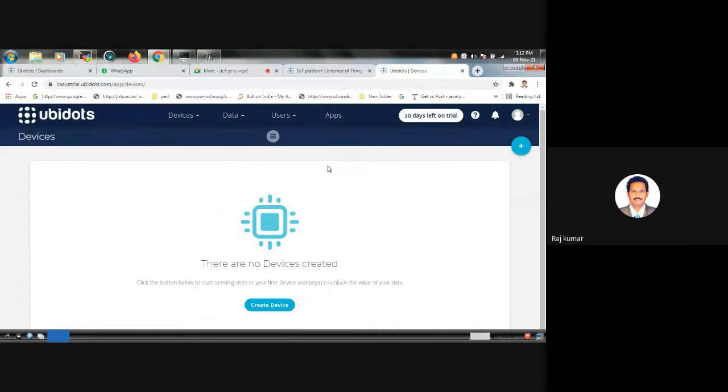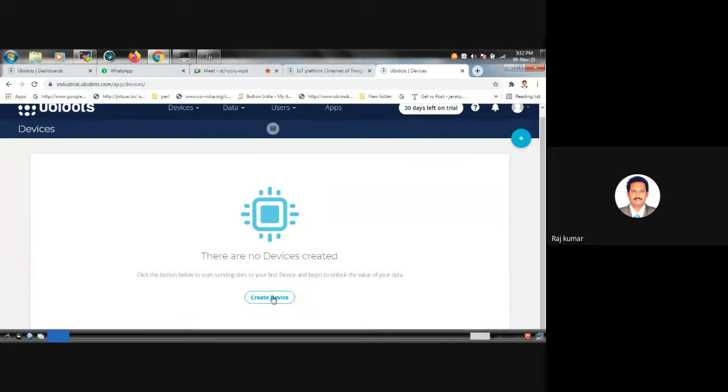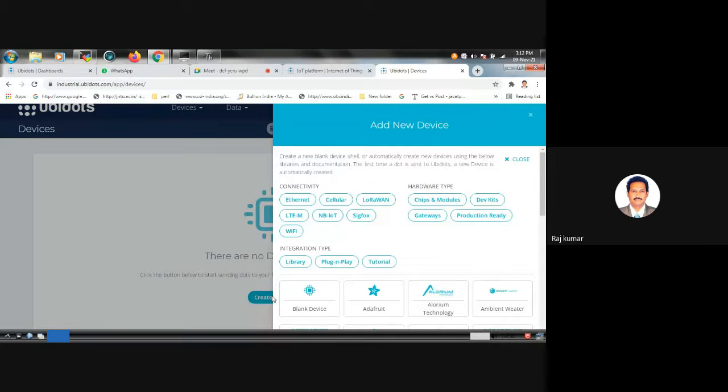So here we have the option Devices. You'll get a pull down menu like this: devices, groups, types, functions, and plugins. Here I'm selecting devices, then you will get this option, create device. Many IoT devices are there in the market. You can use connectivity types like Ethernet, cellular, LoRaWAN. LoRaWAN stands for low rate wireless